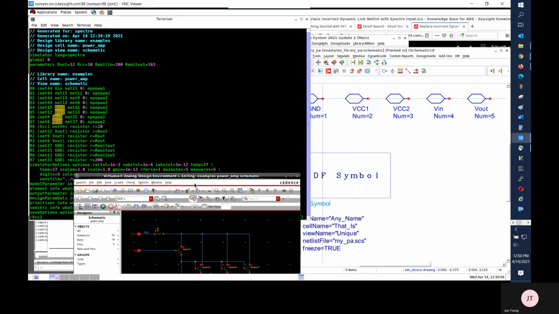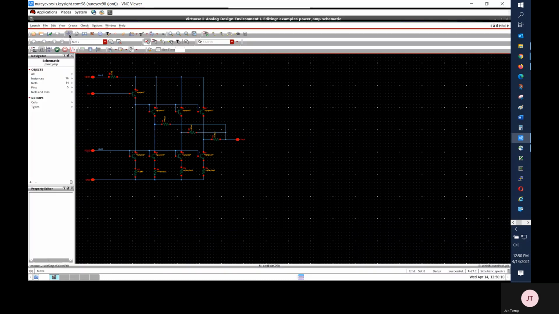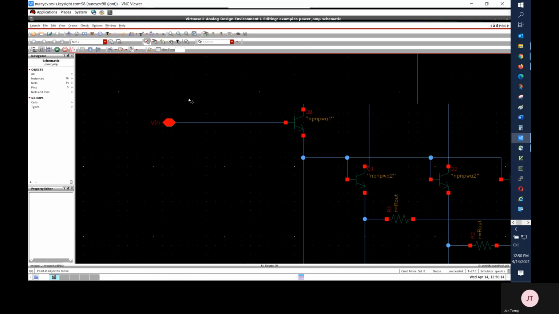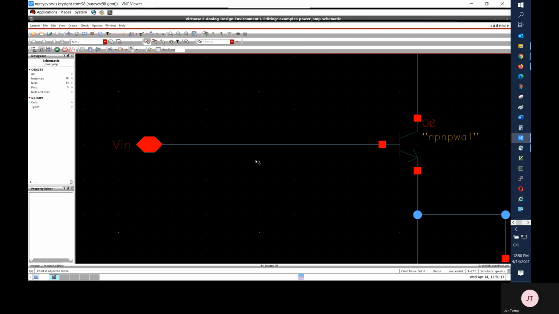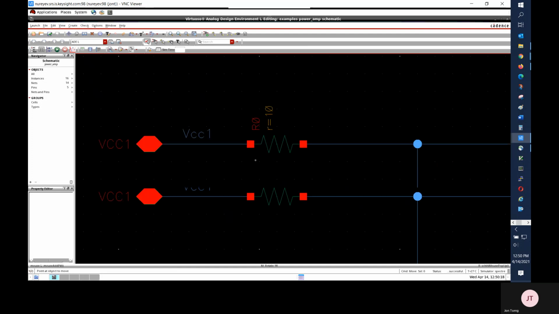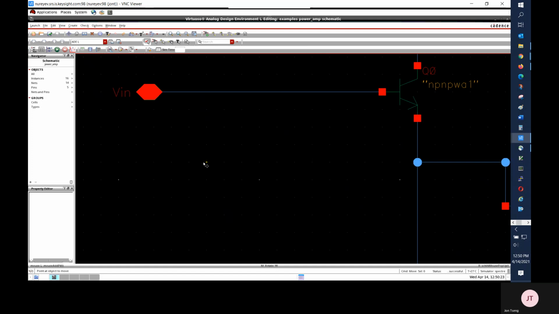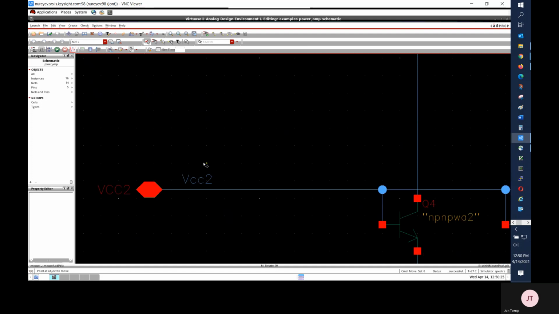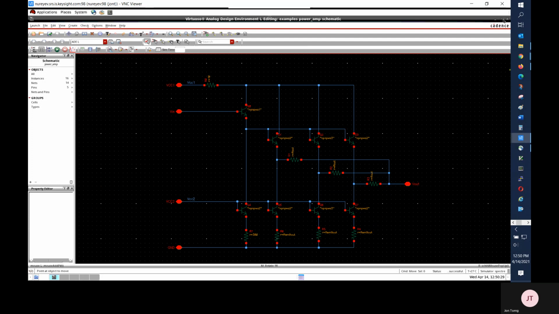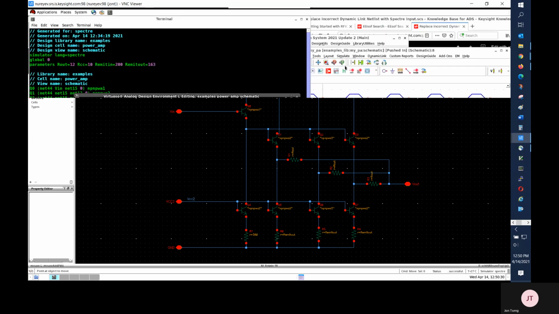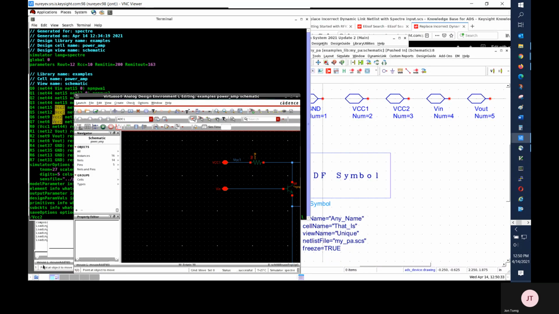I created this dynamic link example to test such a case. Dynamic link would overwrite port names with its connecting named node. Since you do it manually here, you need to make sure the symbol, schematic, and nodes in the netlist match.